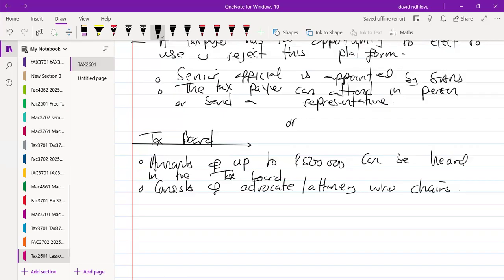Now, if SARS and the taxpayer are not agreeing, we bring a third person now, a neutral person. So we bring someone who is an official of the courts. We bring an advocate or an attorney to sit in there. These guys will present, and the attorney will then make a call on the decision, will make a ruling. Right. However, the rulings are not binding, which means they provide room for disputing.